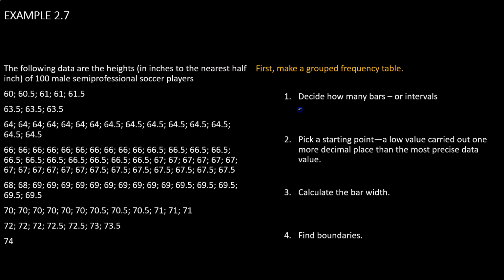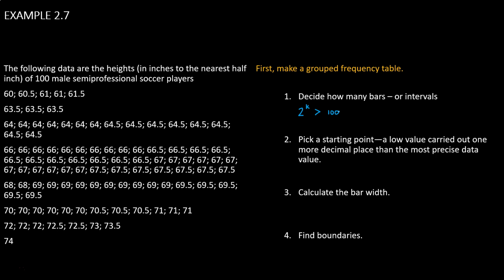The standard is to use 2 to the power of k, where you get to pick the value for k, so long as the value you pick causes the result to be larger than the size of your data set. Now in this case our data set has 100 values, so we can pick as many bars as we'd like, but we should have enough so that if we plugged it in for k here, it would be larger than